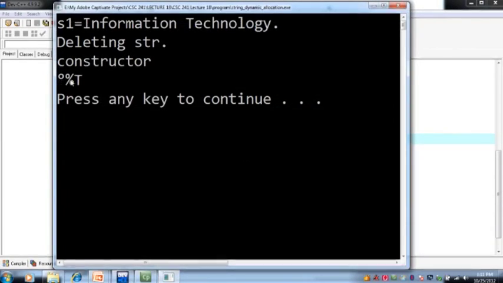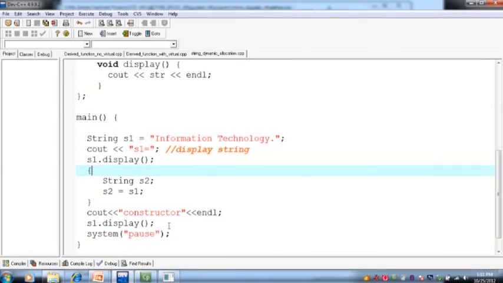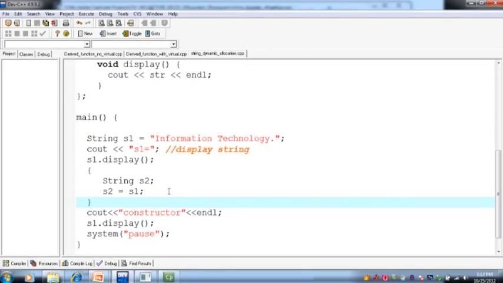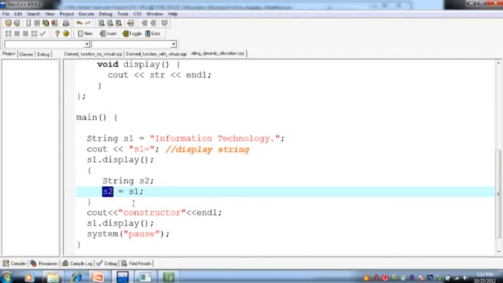नाउ इसने क्या डिस्प्ले कर दिया, इसने कुछ एक्चुअल स्ट्रिंग डिस्प्ले नहीं की। जो एक्चुअल स्ट्रिंग है इंफॉर्मेशन टेक्नोलॉजी, वो स्ट्रिंग डिस्प्ले नहीं की। वो सबसे पहले जो डिस्प्ले हुई है, यार, आई एम सॉरी, सेव इसको कर लेते हैं।